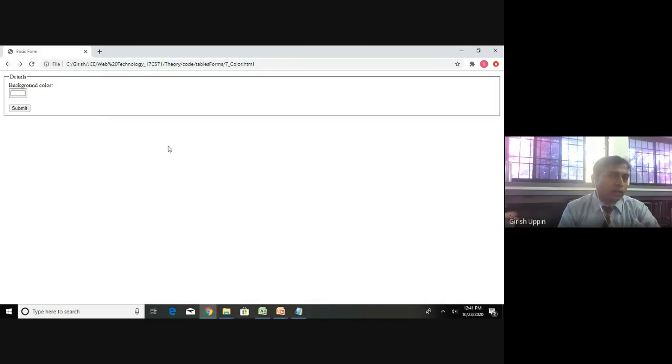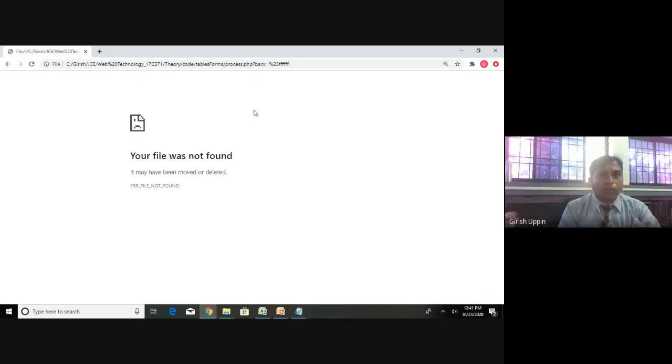It is the white color. If I say submit, you can see #23 FF. There are three parts: this is the 8-bit red, FF, and the next ones are the green and the blue. So it will send FFFFFF, which is white, and 000000 is the black color. That's the representation.